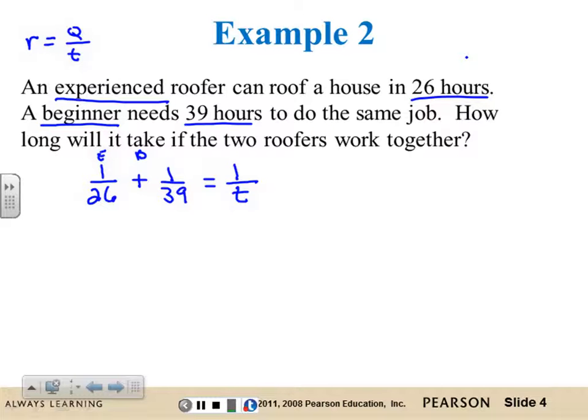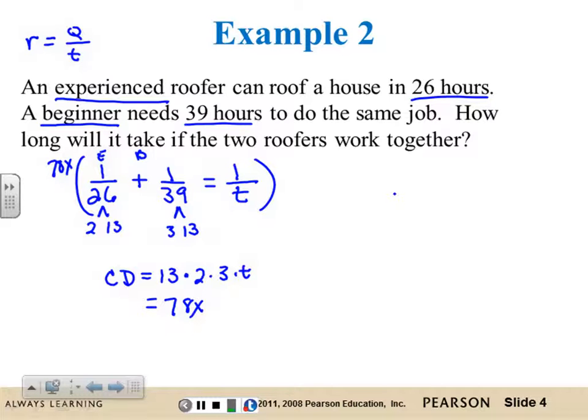So for here, I have an equation that has fractions in it, so we can find a common denominator if we want to, or we can multiply through by the common denominator, which is what I'm going to do. So again, remember, to find a common denominator, you have to break these down into their primes. So 26 is going to be 2 and 13, and 39 is going to be 3 and 13. So the common denominator is going to be what's in common, which is the 13, times anything that's not in common, which is 2 times 3 times t. And when you do that, you're going to get 78t. So I'm going to multiply each one of these by